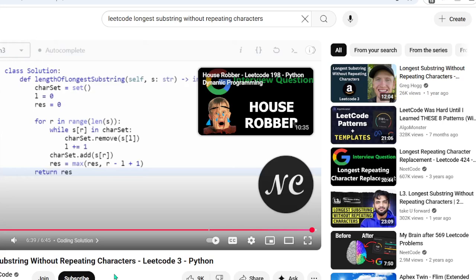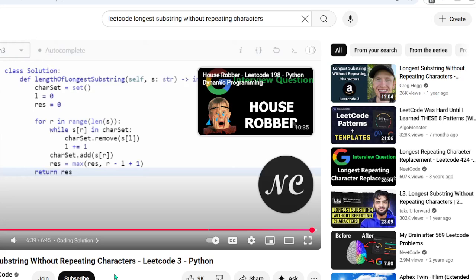So we add that to the set. Okay, so our set contains B, say. Then result is R minus L plus 1. Okay, so result is 1. That makes sense, right? Cool. Then now we increment R, right?